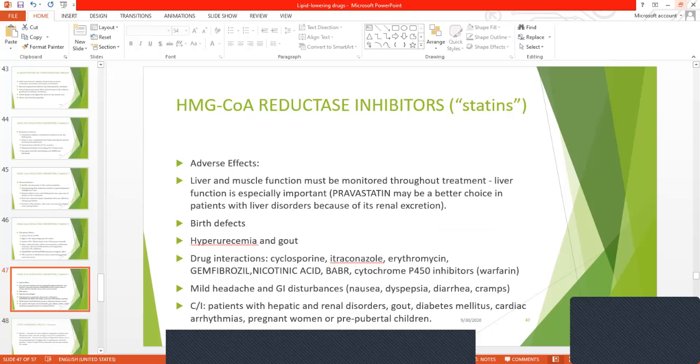Side effects. So mostly we need to monitor liver and muscle function throughout the treatment. Okay, so once we start the patient on statins, we usually do not leave them there. We keep bringing them back and keep monitoring their liver and muscle function. Okay, so why? Because elevation of serum aminotransferase activity occurs in some patients. This is often intermittent and usually it is not associated with other evidence of